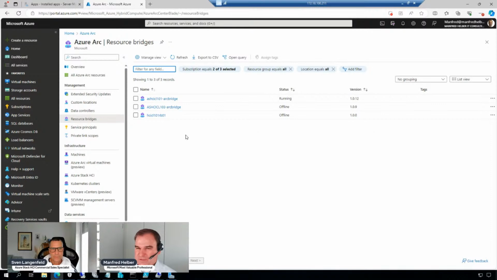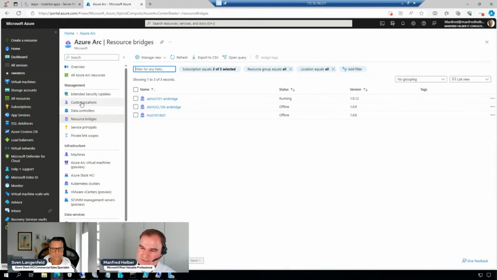The resource bridge is today configuration that is related to the cluster. So if I'm a customer with one site and two clusters, these two clusters are in the same data center, and I want to have the Azure Arc Resource Bridge for this environment, I will have two Azure Arc Resource Bridges. And today, I also have to download the images twice, because today it's not possible to say, I use the images from Resource Bridge A to deploy machines on cluster B.